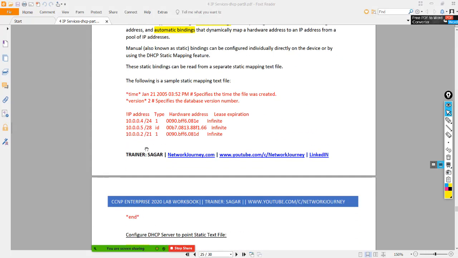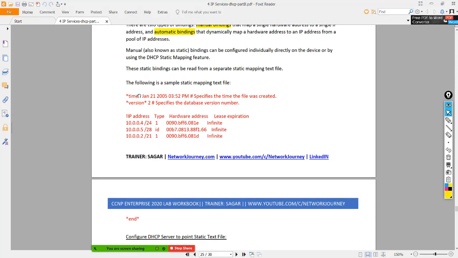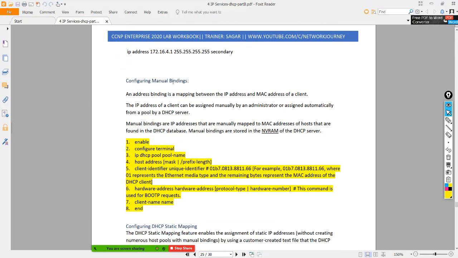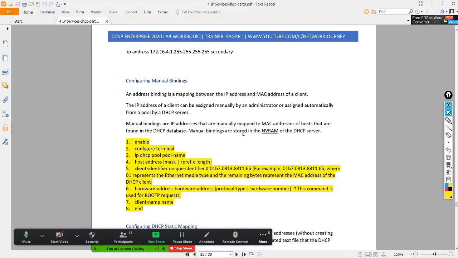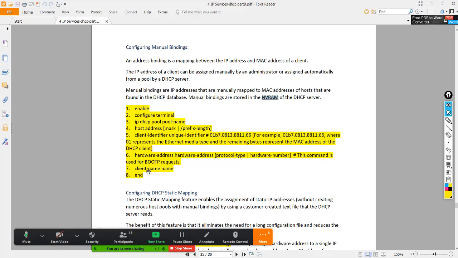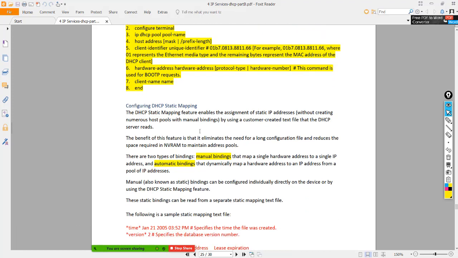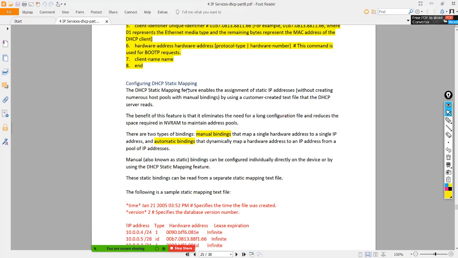So I have shown you the format here. Let me first show you the manual binding. In the case of manual binding, whatever you bind is in the NVRAM. These are the commands to manually bind it. In the case of static mapping,